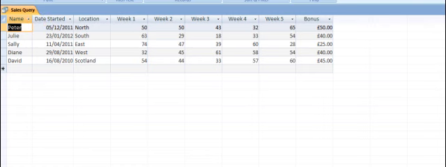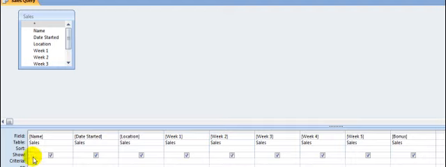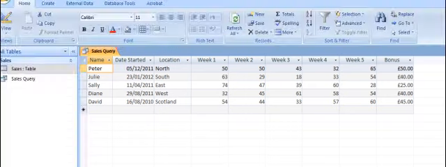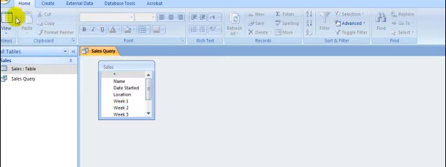What if we didn't want to search the database but simply wanted to order it? Well, we have a field here, the sort field. So if we want to sort the query by a particular column, we'll go into design view again, view, design view,